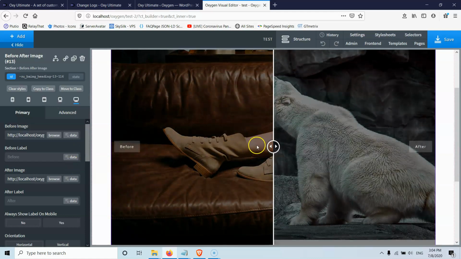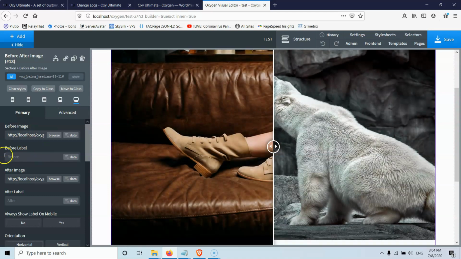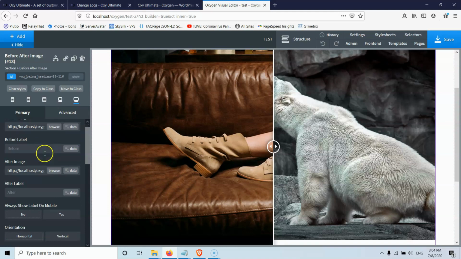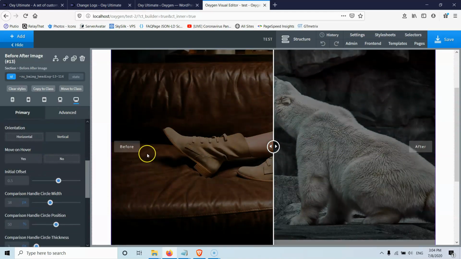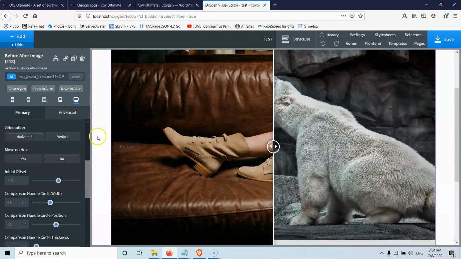So as you can see here, you can drag these lines and you will see the before and after effect. I cannot do that in the back end. But let's see what else we have. The before label, so you can change it to whichever language or word you want. We have always show labels on mobile, which is great, and we don't have to hover because in mobiles you can't hover.